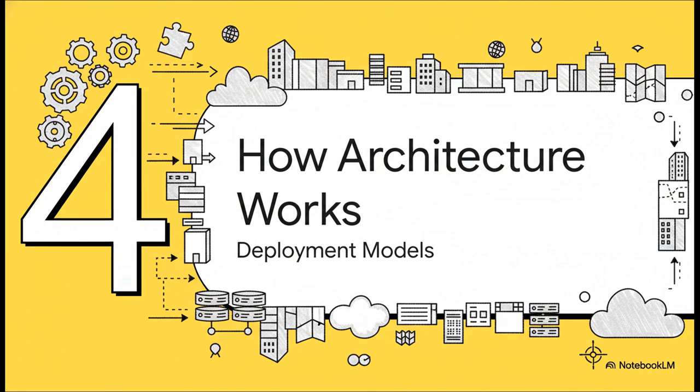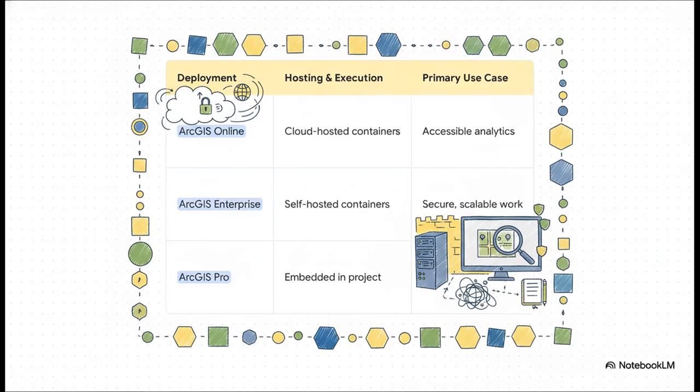Let's take a quick look at the architecture and the different ways you can deploy it, because its flexibility is a really big deal. You've basically got three main models to fit whatever your needs are. In ArcGIS Online, it's all in the cloud, fully hosted and managed by Esri. With ArcGIS Enterprise, you host it yourself, which is perfect for secure, scalable work behind your own firewall. And then in ArcGIS Pro, it's embedded right into your desktop projects, which is great when you're working with local